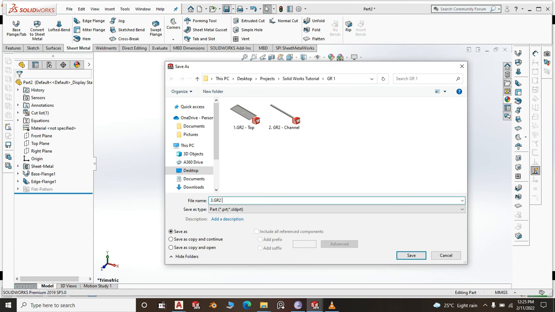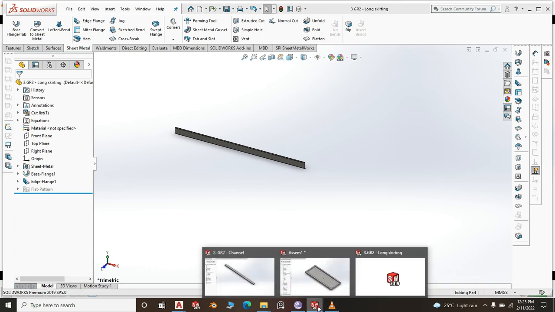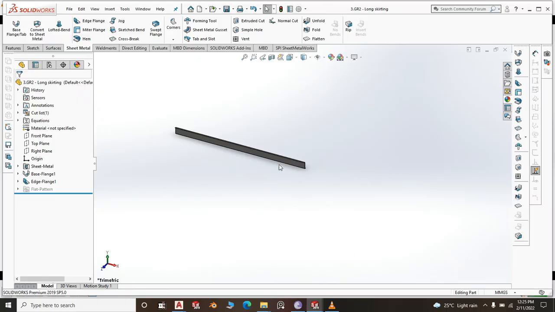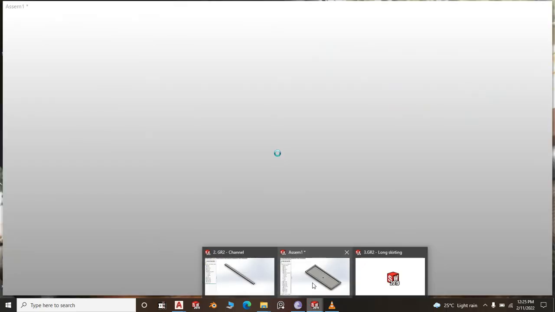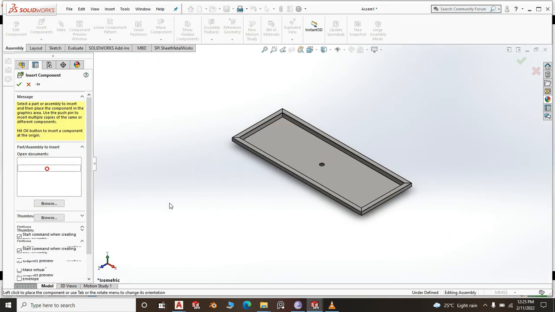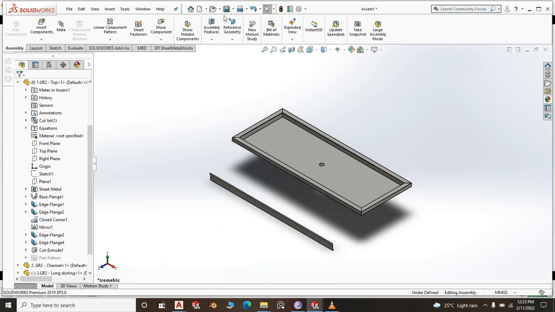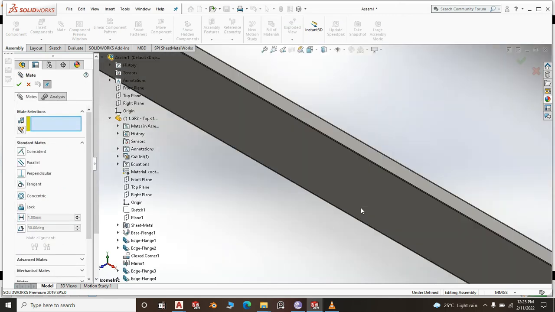Save it as part number 3, GR2 hyphen long skirting, but you can save it under whatever name that you want. Then we go back to the assembly and insert component. We are going to insert the long skirting, right? So this channel, we made it, like I have mentioned,